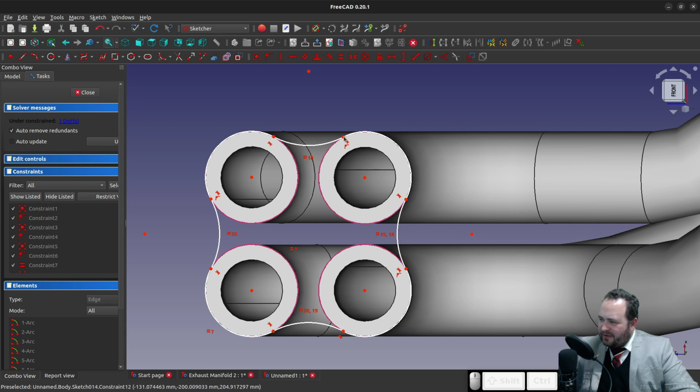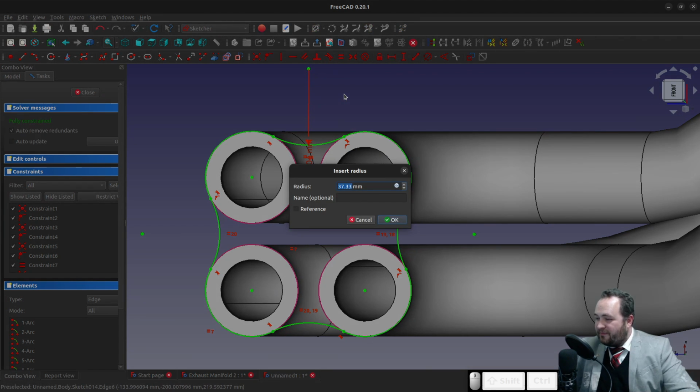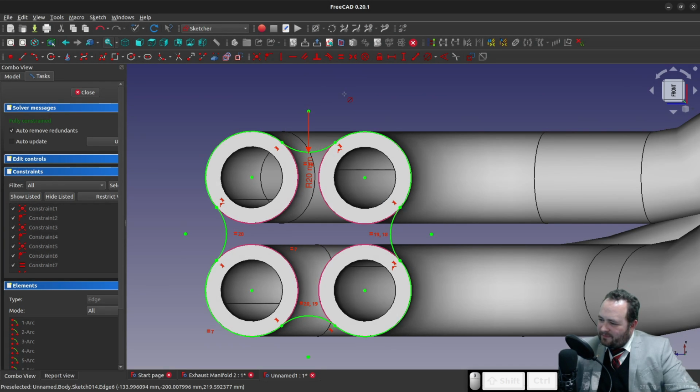Let's make all of these arcs E for equal radius. And then let's go R. I didn't mess up my screen that time. And let's give this a radius of maybe 20. So that worked. The next thing,